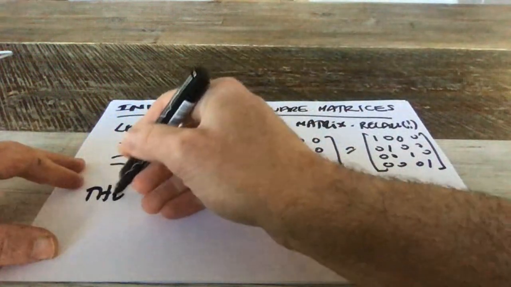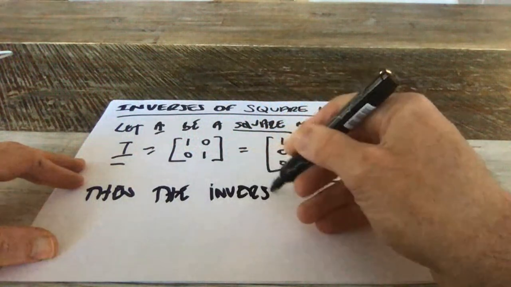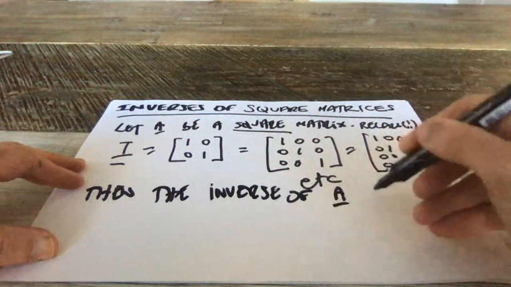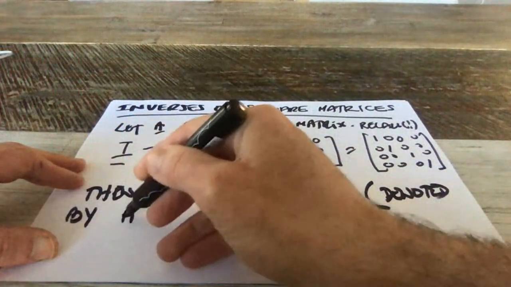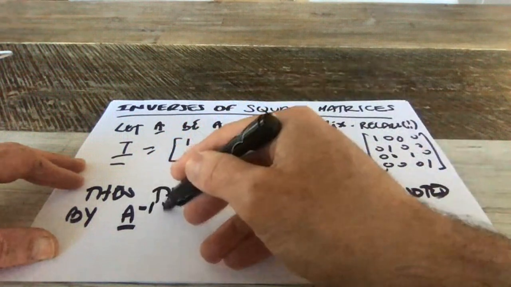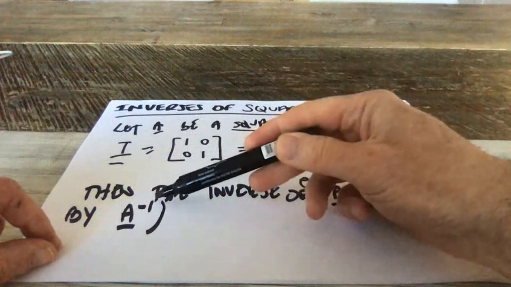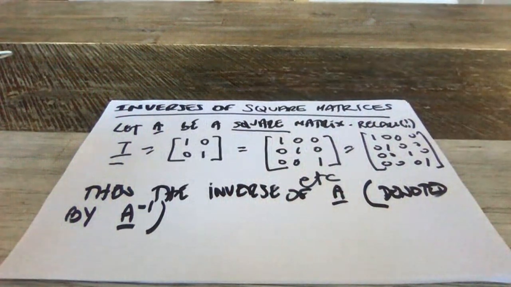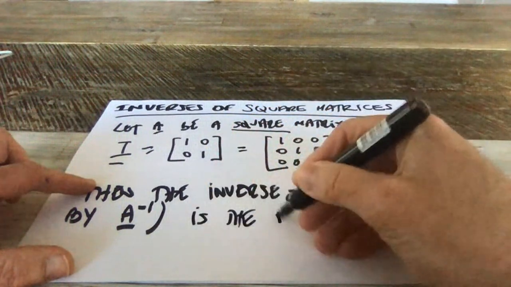Then the inverse of A, and we denote that by A, capital A with a bar under it, to the power of -1. Now, folks, this -1 is not -1. It's just stupid notation. So if you see an inverse and a power of -1, it just means the inverse of A. Then the inverse of A is the square matrix such that